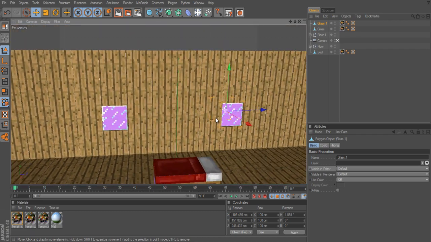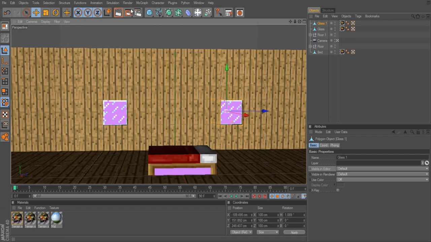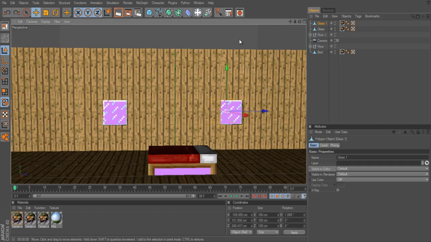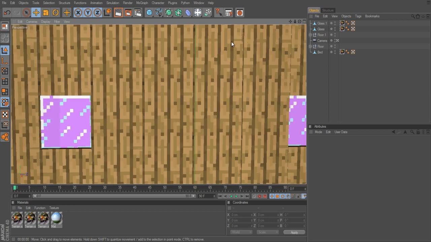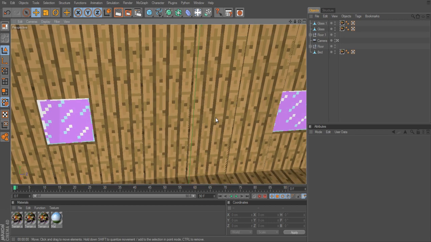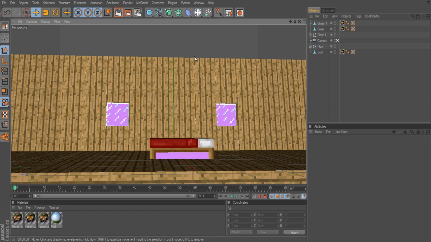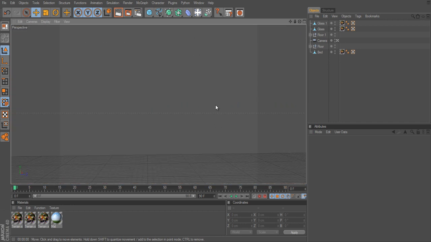Yeah, that works. Now if I render this out for you, render view, you can see it's glass. Now if I really wanted to, I can bring that plane back and bring in the Minecraft plane again. Should we? I think we should. I think it'll look interesting. Okay, so